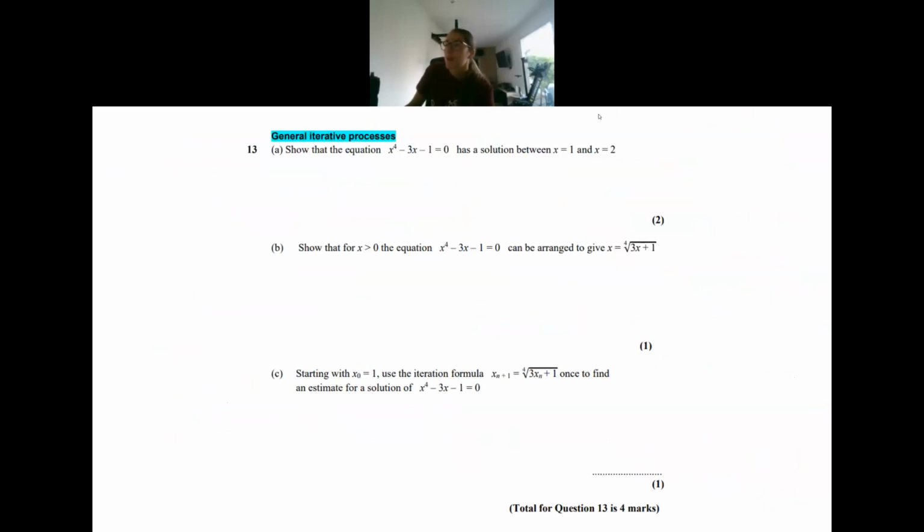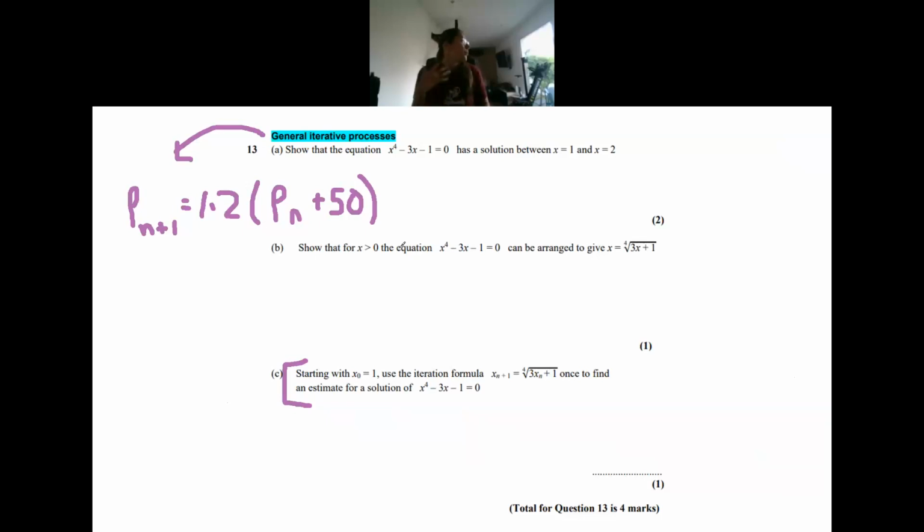Iteration, other style iteration questions. So we can look like this, or we can look like the population of bees in 2010 is 200. Work out the population of bees in 2015, something like that. So it could be about population growth, or it can be just in terms of x and we're doing sequences. So, easy way to think about iteration is whatever number they give you,